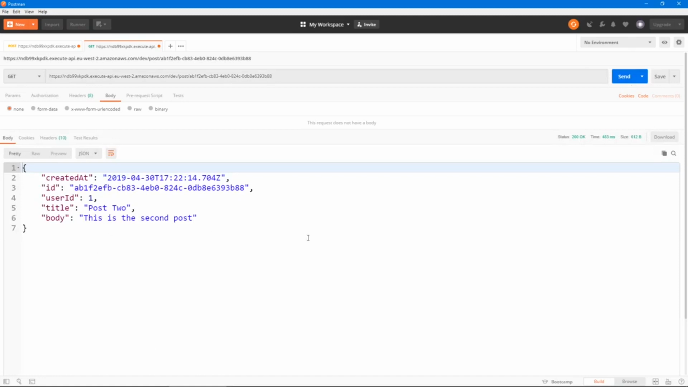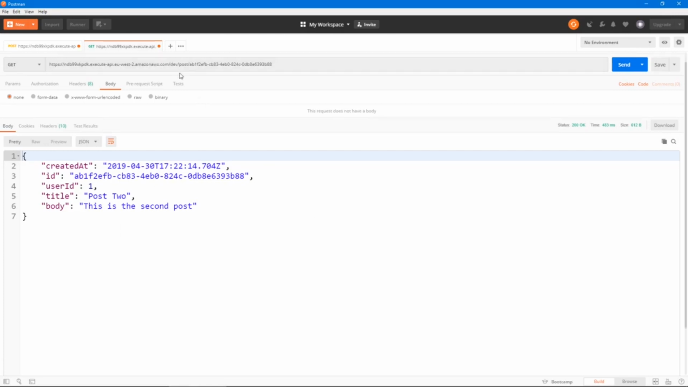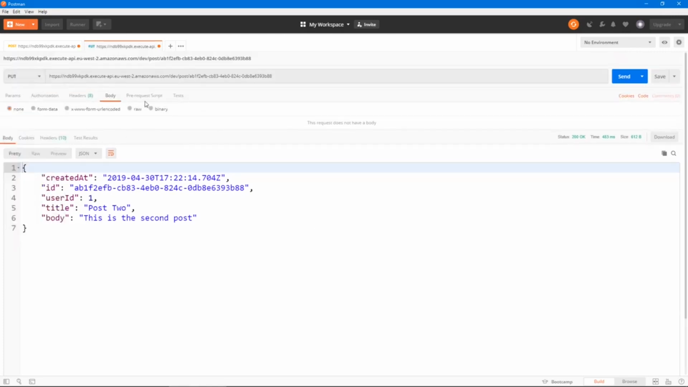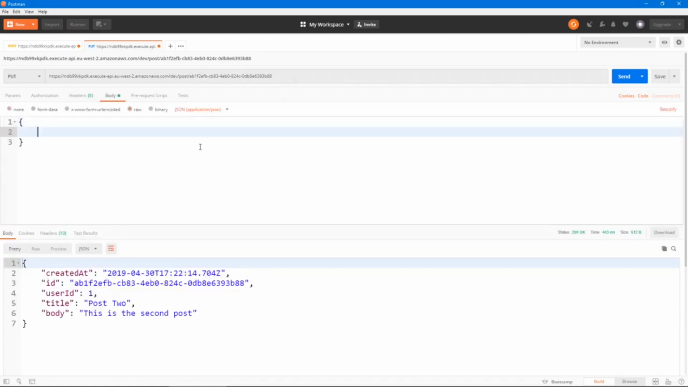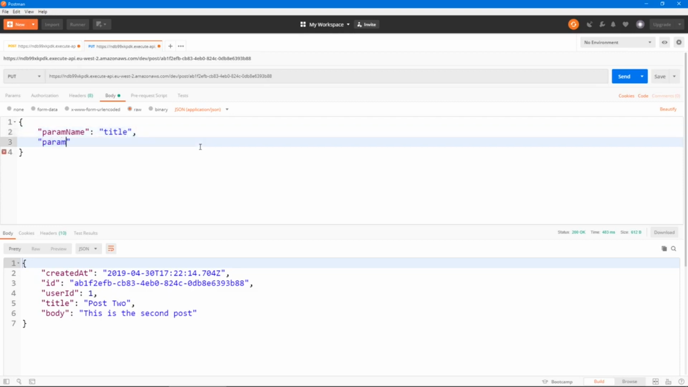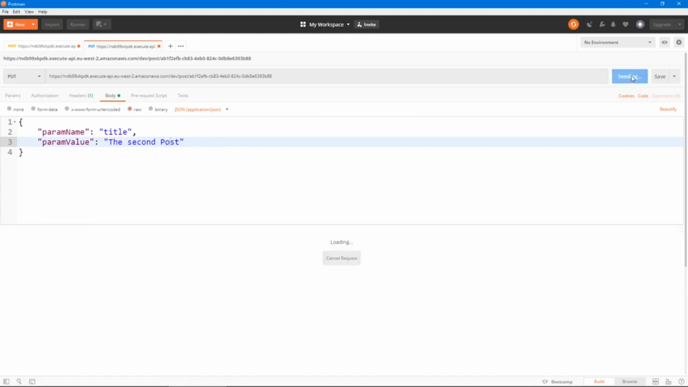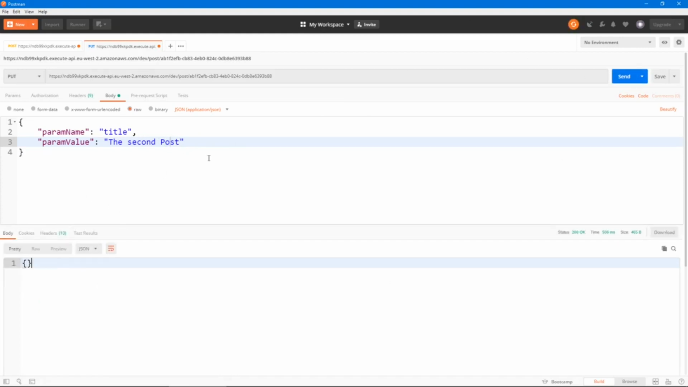Now what else? Let's try to edit a post. So here we send a put request to the same endpoint, to /post / ID, and here we need to send param name, and let's edit the title. So the param name would be the title, and param value will be, let's change the title from post to the second post, like this. Let's hit send,